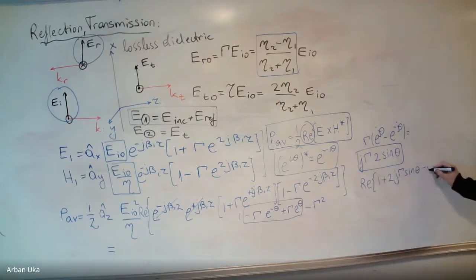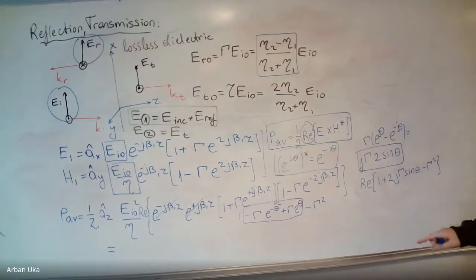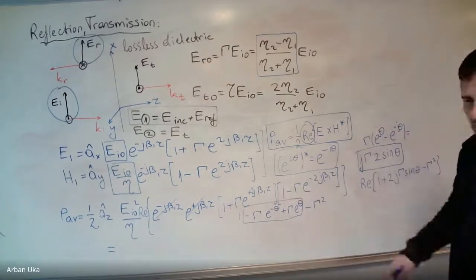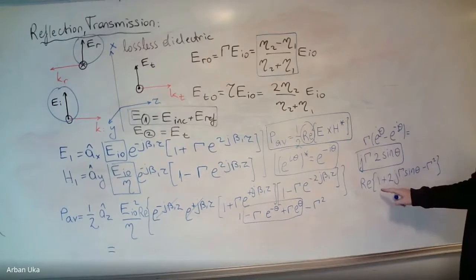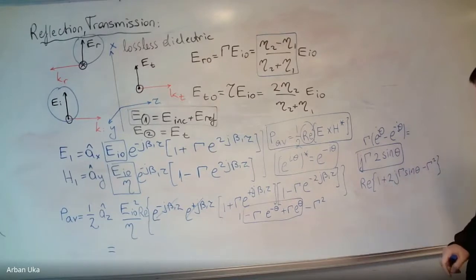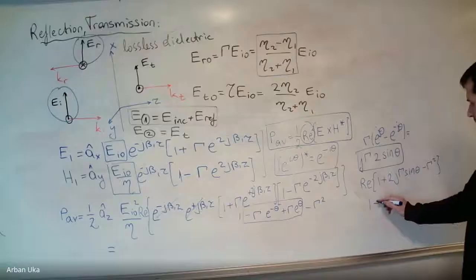But let me add here, this is minus the reflection coefficient squared. Now, the multiplication of these 4 terms you can calculate. But can you repeat it again? What did you say? I said it's 1 plus 2 times